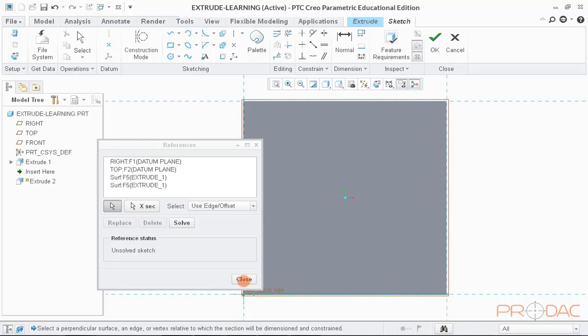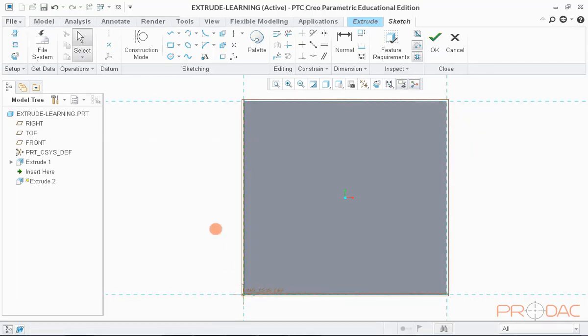Now, close the pop-up window. Now, draw a rectangle and position it with respect to the defined references. After positioning the sketch, click on OK button.